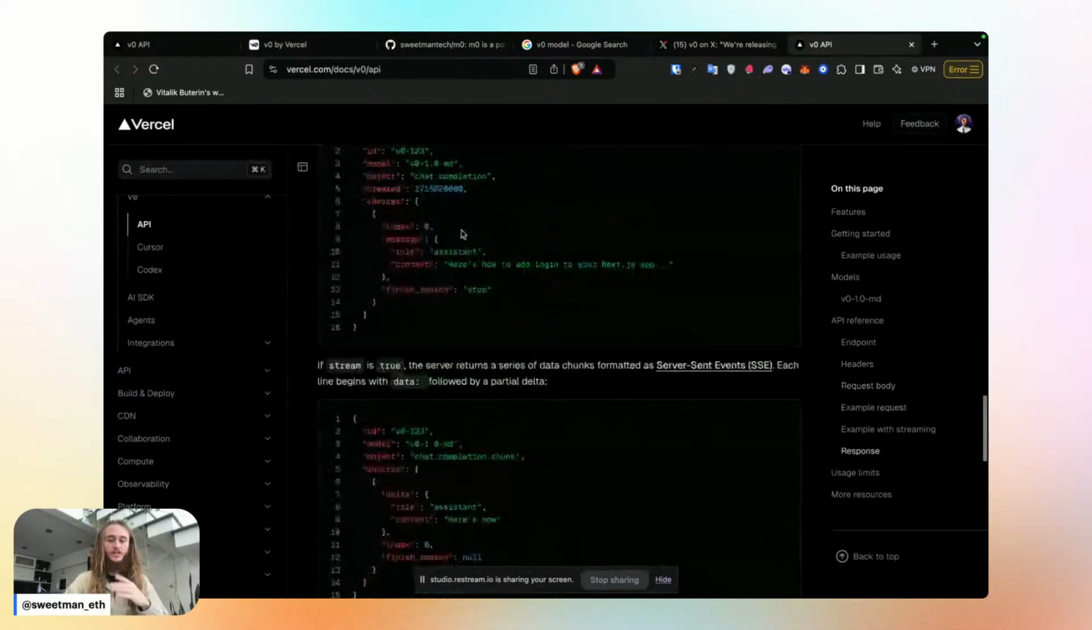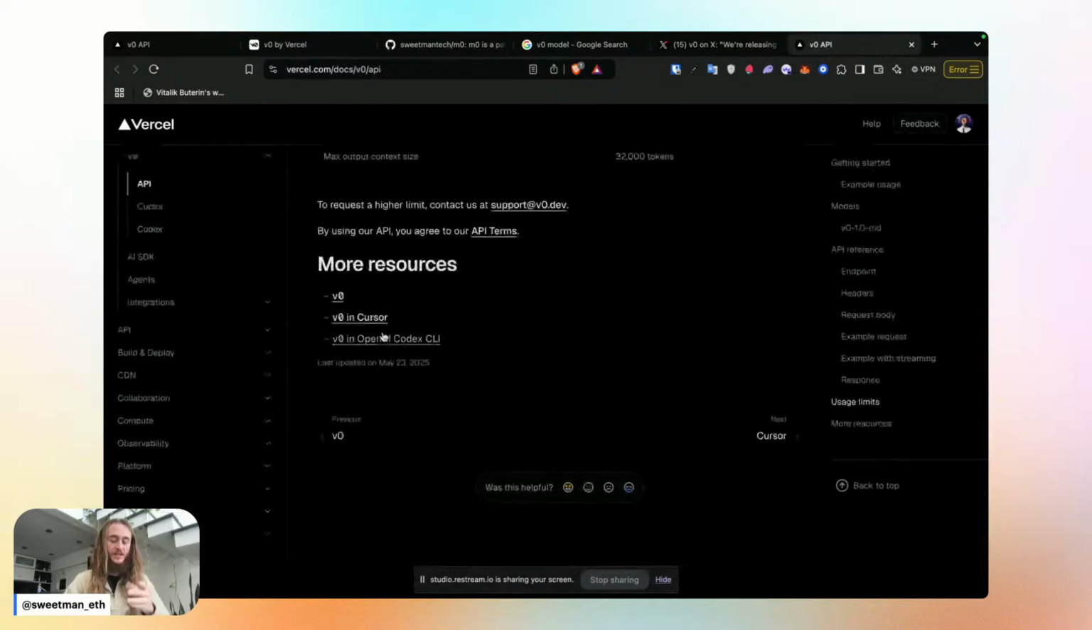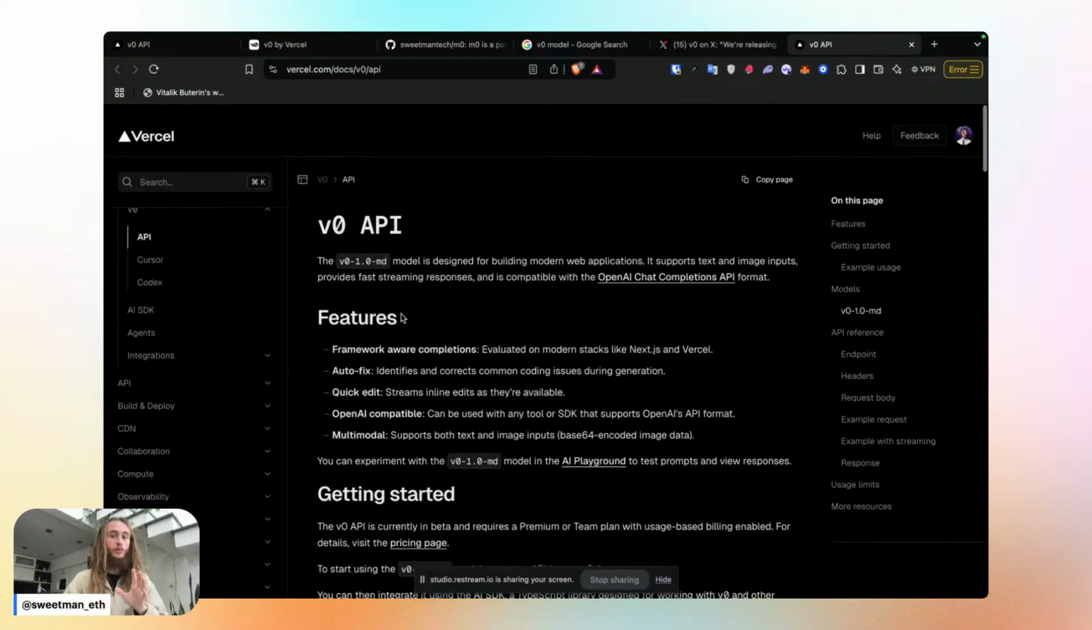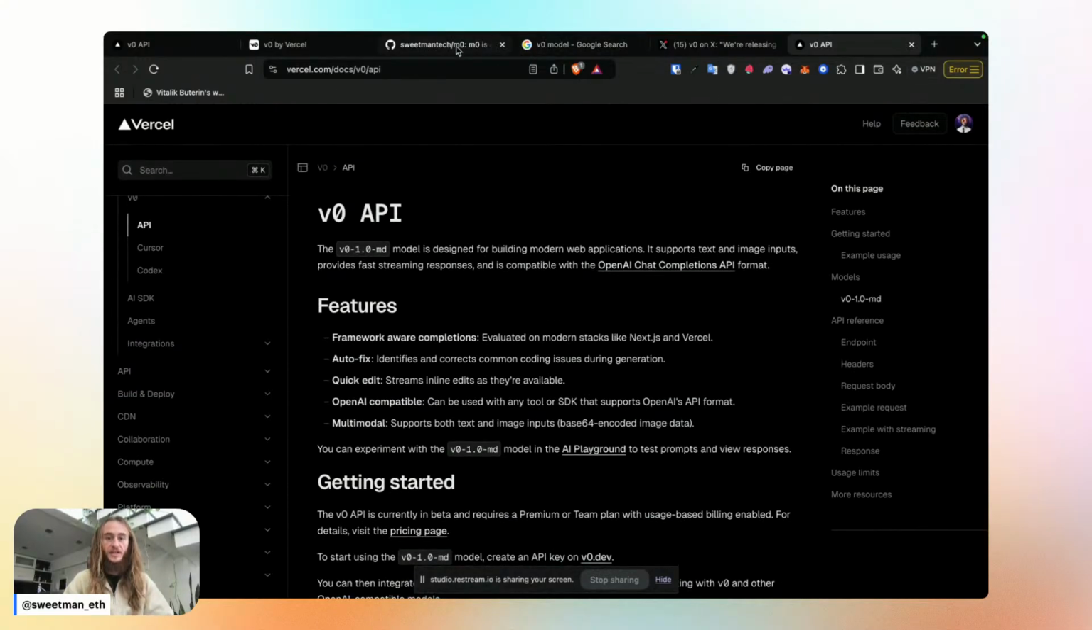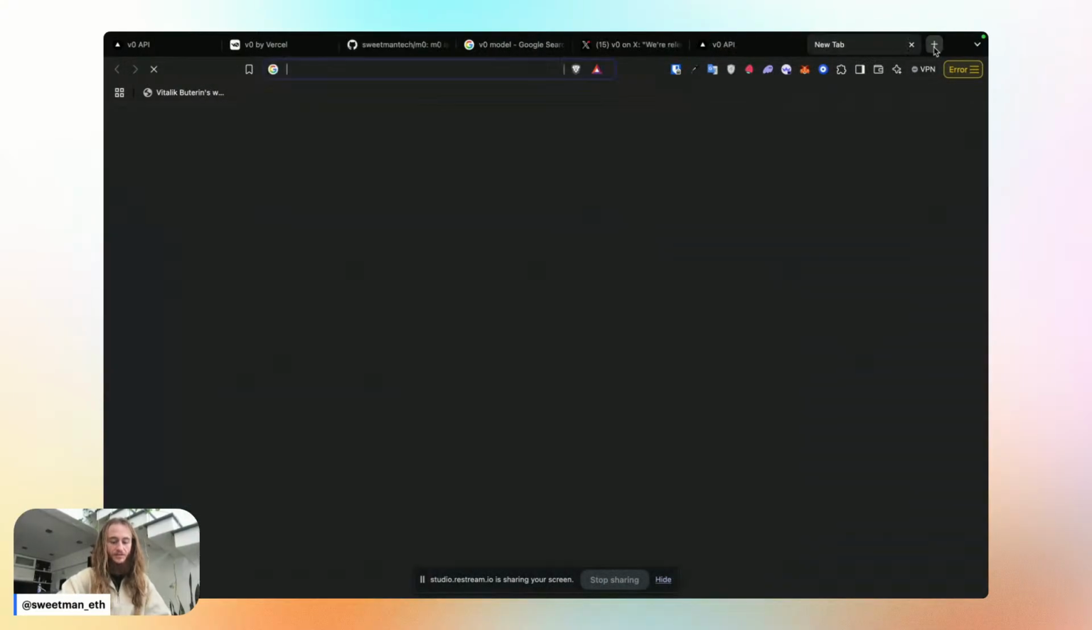They've got example requests, examples with streaming, usage limits, and then they've got examples for integrating it with Cursor and with the OpenAI Codex CLI. If you want to use those, I've already found that there's a couple other videos that have been released on how to use the new V0 model inside of Cursor and inside of OpenAI's Codex. Inside of this video, we will specifically be updating the mini chat app that I've built. I believe it's at